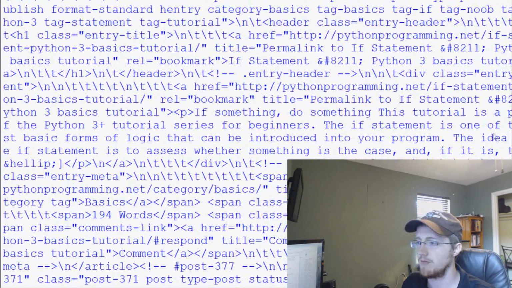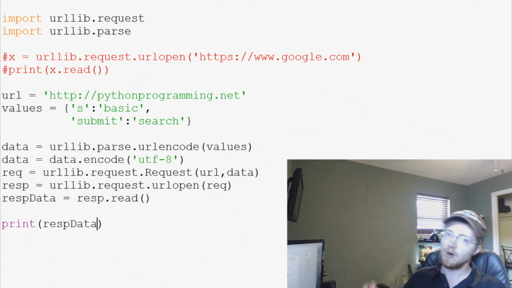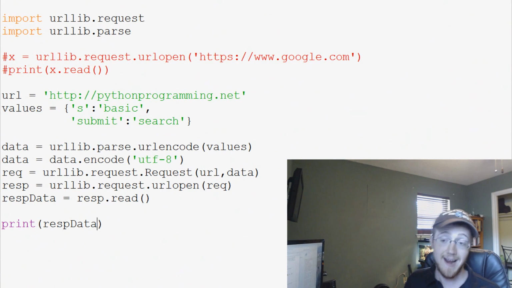Pretty big mess. I'm hoping we can find something that's actual text. Yeah, so here's some text here. Paragraph Python 3 Basics tutorial. If something, do something. This tutorial is a part of the Python 3 tutorial series for beginners, and so on. So there's some content there. We're not quite sure yet how to pull that content out, but nonetheless, we did visit the website and we